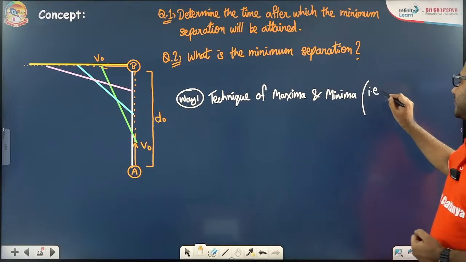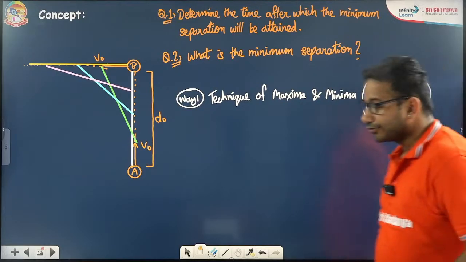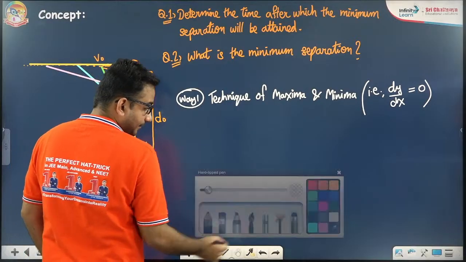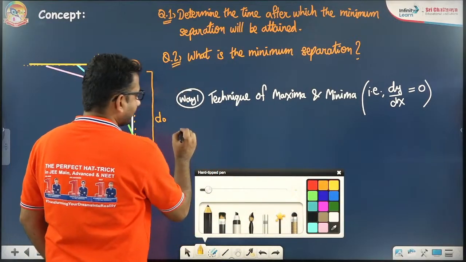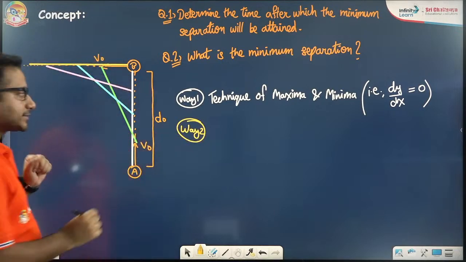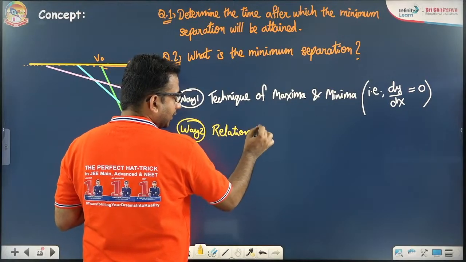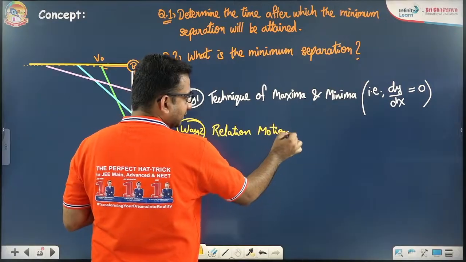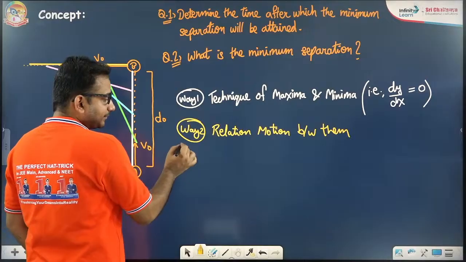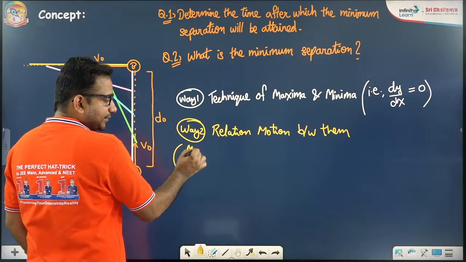That is dy by dx as 0. Okay. Way 2. Technique 2 of dealing with the ship model is relative motion between them, and also a concept and logic, that is the minimum separation